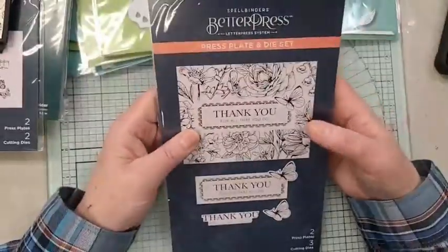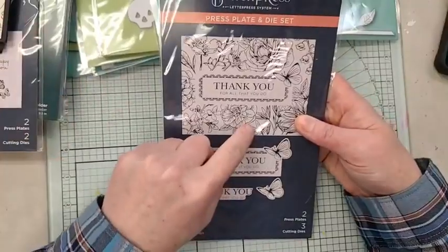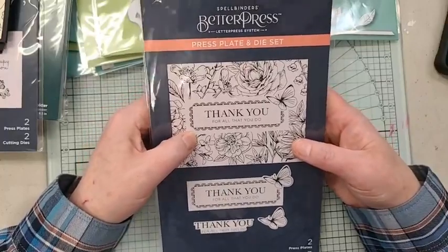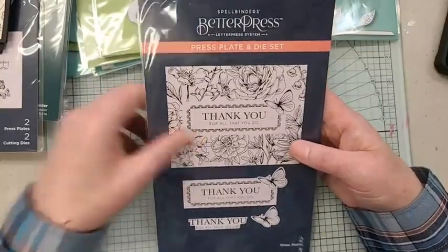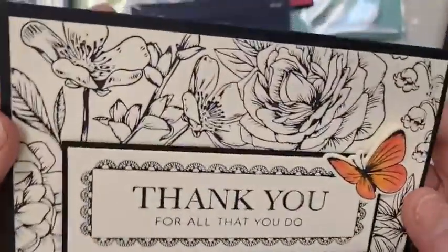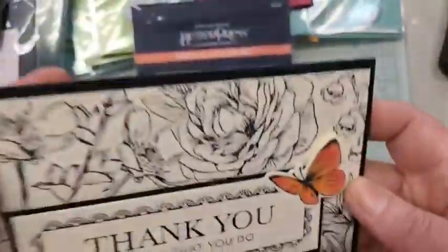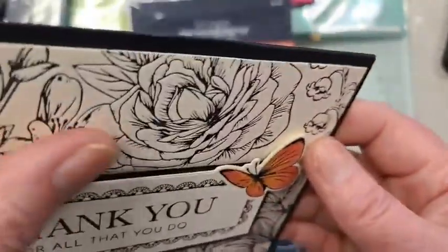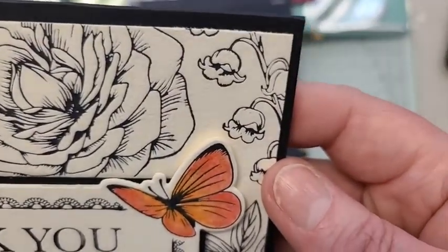And then we have this one, which is called Butterfly Garden. So that one was Butterfly Swirl. This one is Butterfly Garden. And this one is probably, from when we did that event here in the store, the most requested, okay? And a lot of that has to do with this beautiful, simple design. So I will have these on the table if you can come into the store, because it just doesn't always show it. Well, there you go. It's showing kind of, because there is a little bit of texture, but the amount of detail that you can get from these press plates is